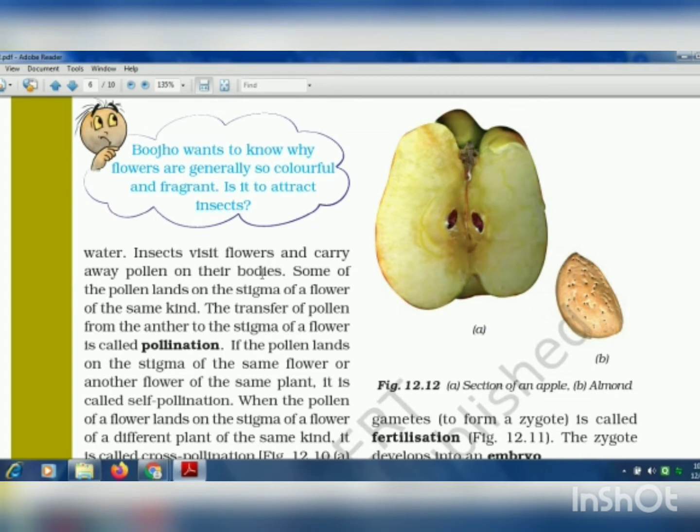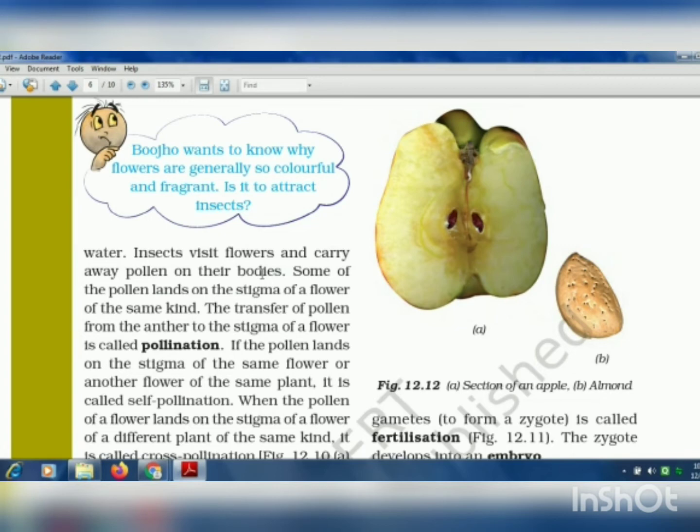So you must have seen the butterflies, honeybees and all. They come and sit on the flower to suck the nectar. But at that time, what happens, the pollen grains which are present on the stamens anther, they stick to their body, and when that same insect flies and sits on another flower, if that flower has a female part,